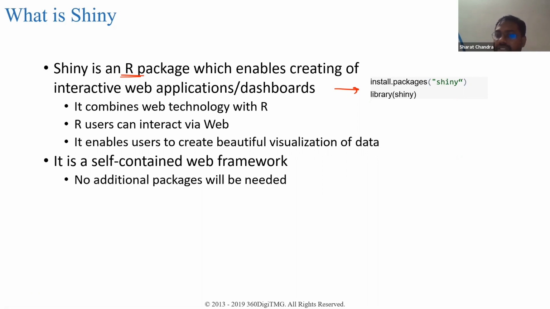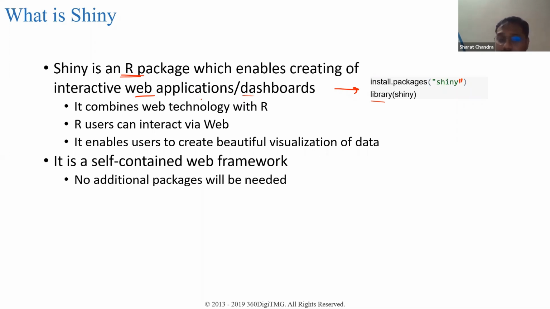Install packages and say Shiny. Okay, there is a small mistake here, that is your double quotes. And then if you want to use this package, you load it using the library function. That is all you have to do, and it gives users the capability to develop web applications or live dashboards.